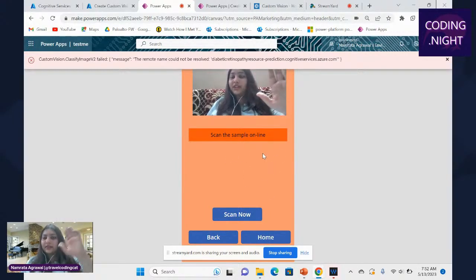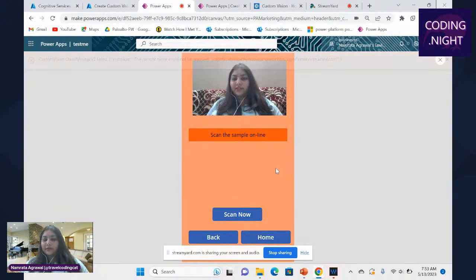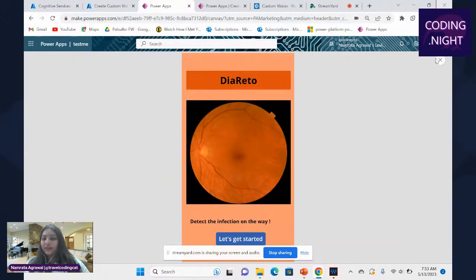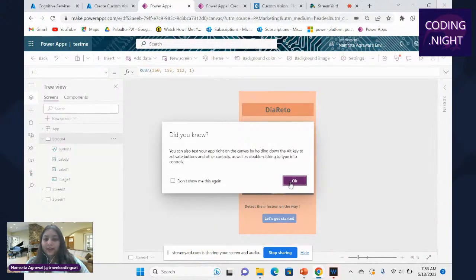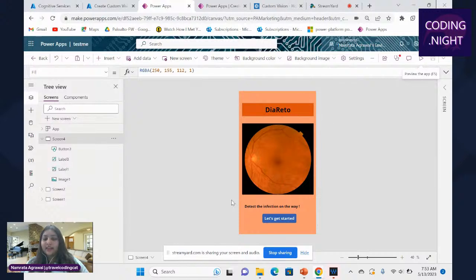So this is actually a very good feature for the people in laboratories to scan live. For right now, I am a human, not a retina. So the results would of course be negative, so that won't make sense right now. But the images of the retina would make sense here. So if I go back to the home right now, yeah. So this is a service and this is a great app.